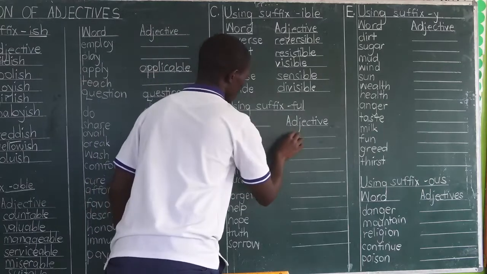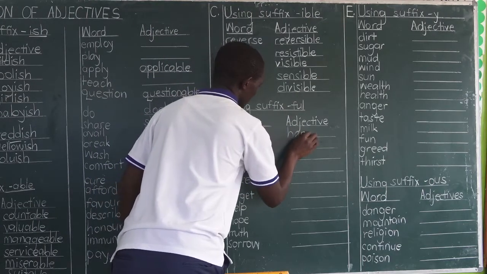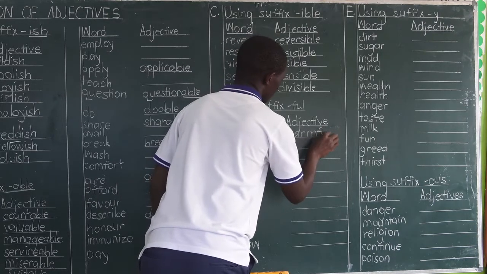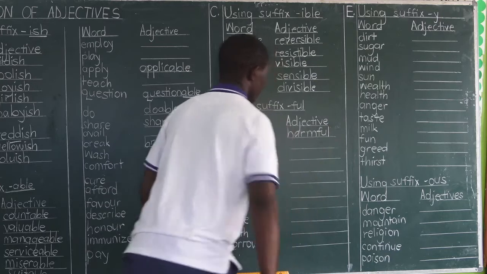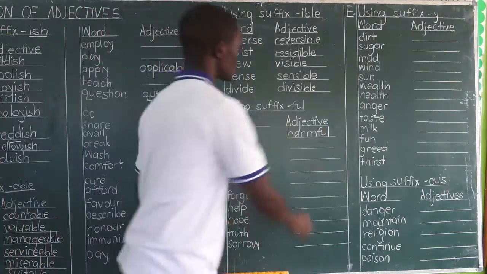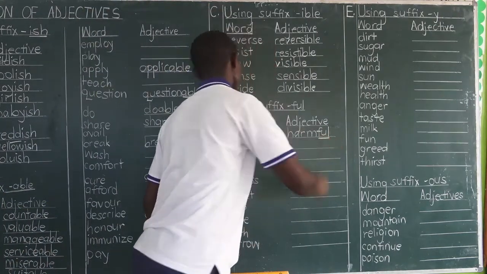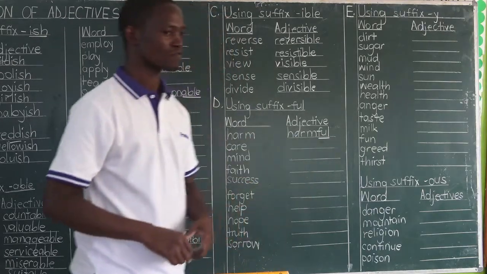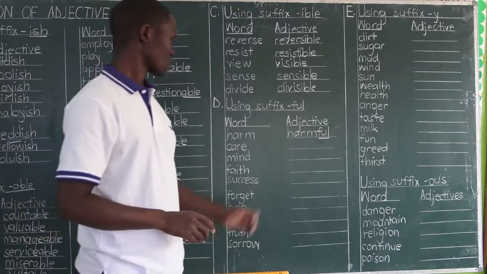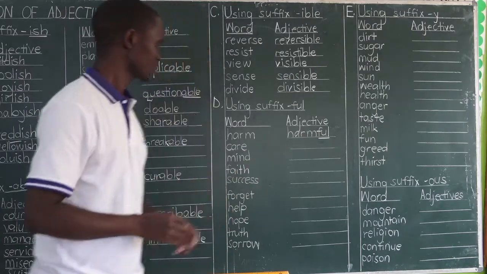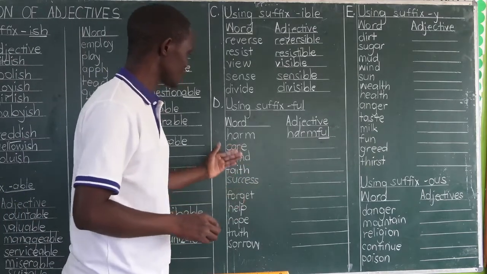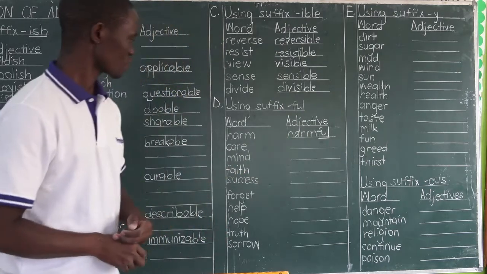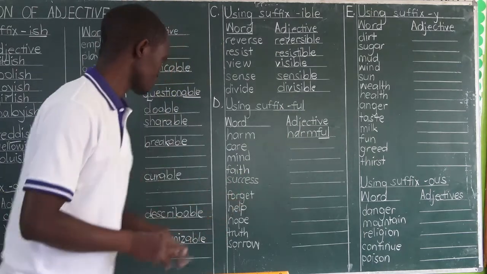We are going to write the original word, which is harm, plus our suffix, which is ful. Ful has been added to harm to change its meaning from a verb or a noun to an adjective. The meaning has totally changed. Care is our next word. You're going to form the adjective from care by simply adding suffix ful to the word care itself. Yes, successors, you know that.